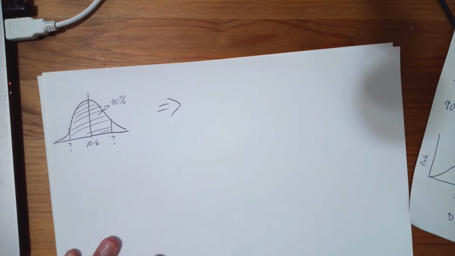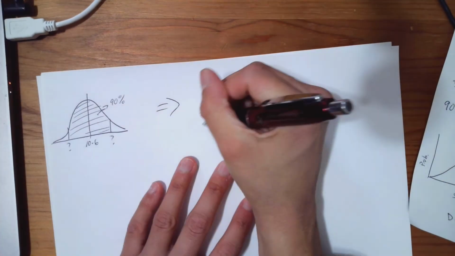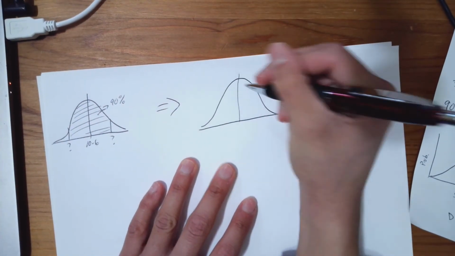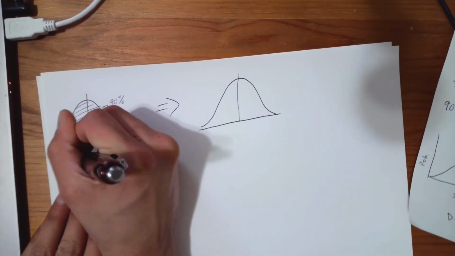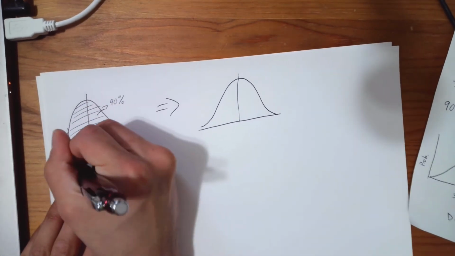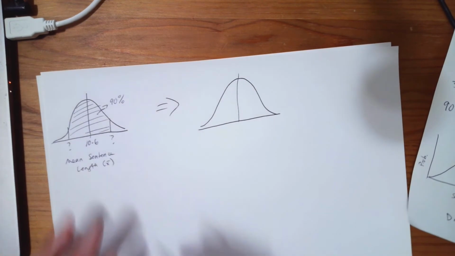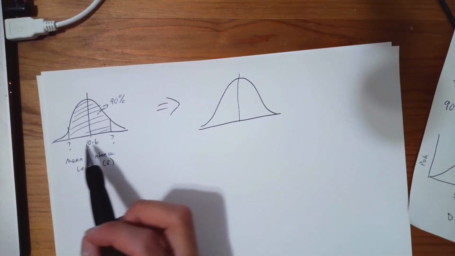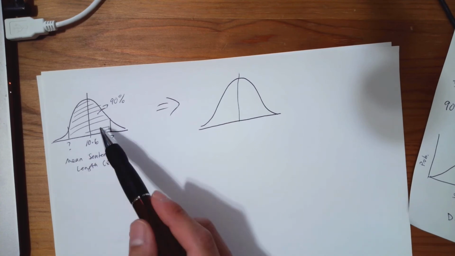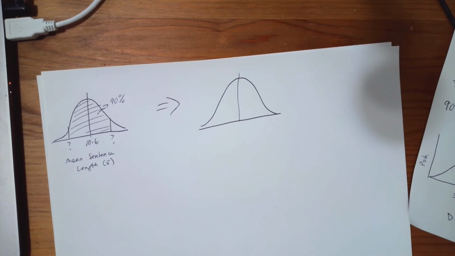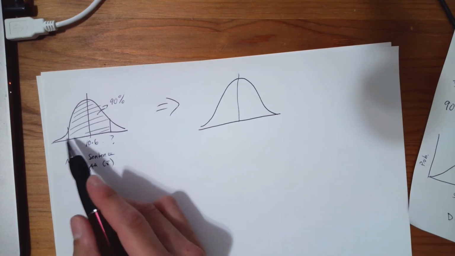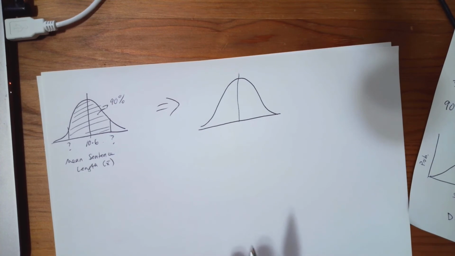Well, anytime you have a normal distribution, you can convert it to z-scores and convert it into a standard normal distribution. And then once you do, there's all sorts of things you can do because we have a lot of properties about it that are already known. So this is mean sentence length, x bar. And again, we're looking for the interval on either side of 10.6 here, where we have a 90% chance of getting a sample mean that's within that interval. Because that'll tell us the buffer around our point estimate, where you have a 90% chance that you're going to have the true population mean